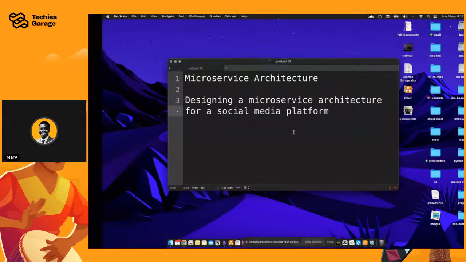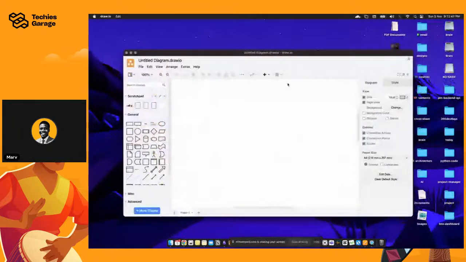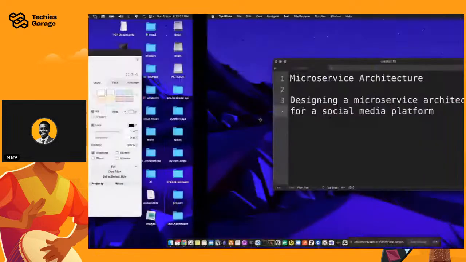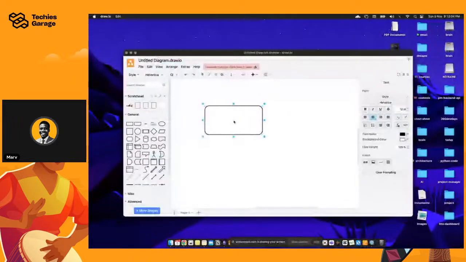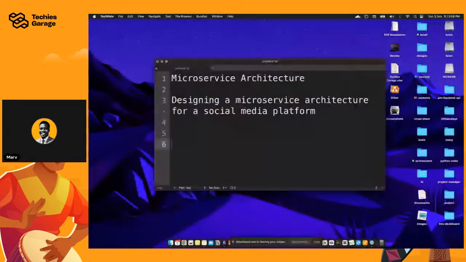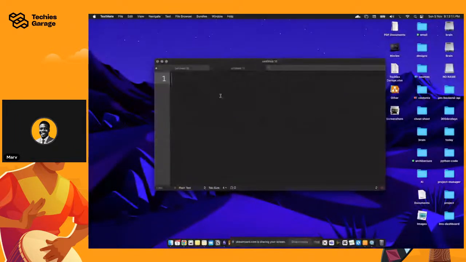Most of us that will be watching this probably have a little bit of experience knowing what a microservice architecture looks like, but let's come up with a little bit of a sketch. Before we start designing this, just for clarity and to give some definitions: a monolith is simply saying you have